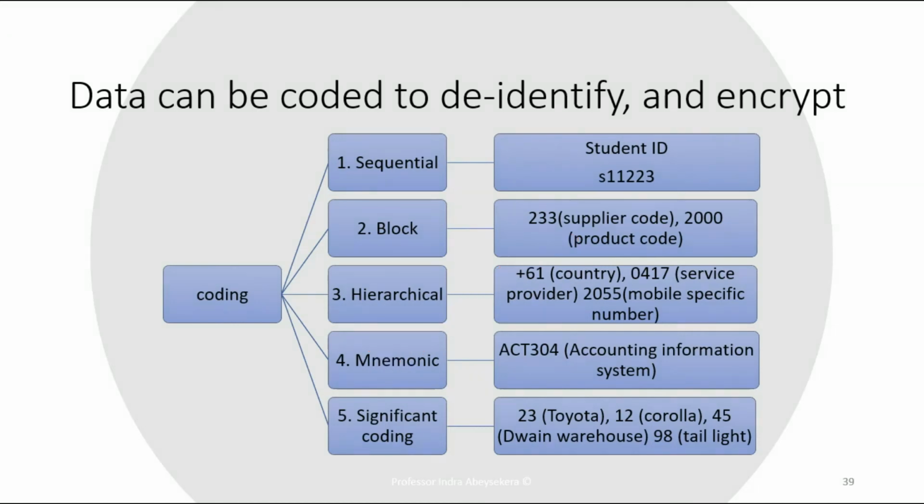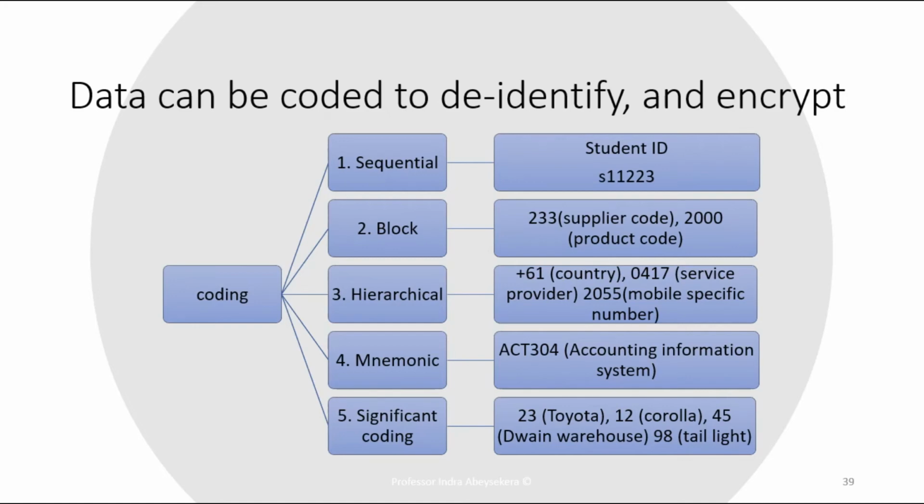So there are 5 ways of coding data. Sequential is where you give a sequential number, like for a student name, we can give a student number. The second is block codes. That means for a supplier, we give certain codes. Products, we give another code. Third is hierarchical. A good example is the phone numbers, starting with country and service providers